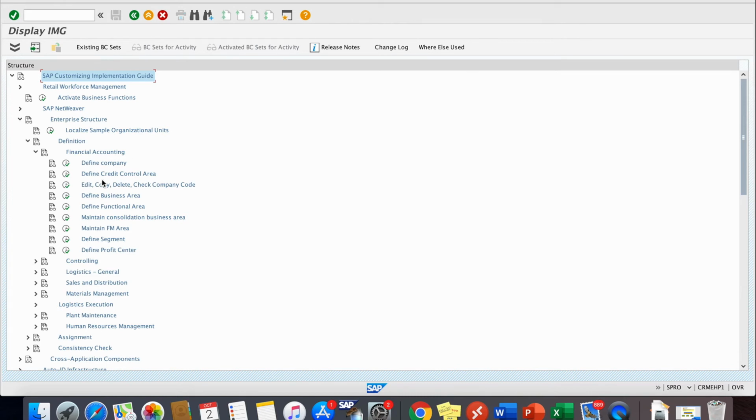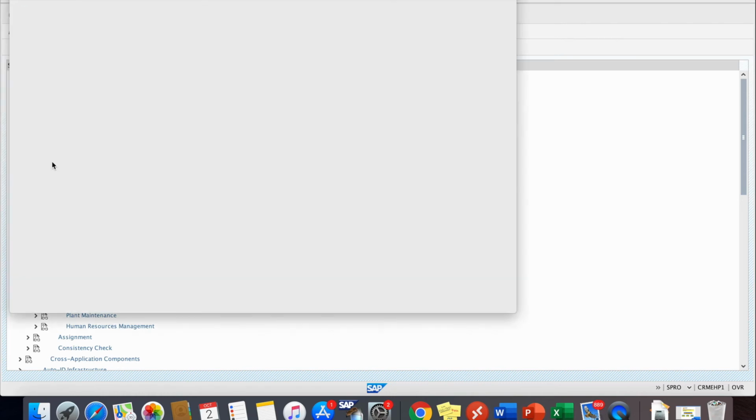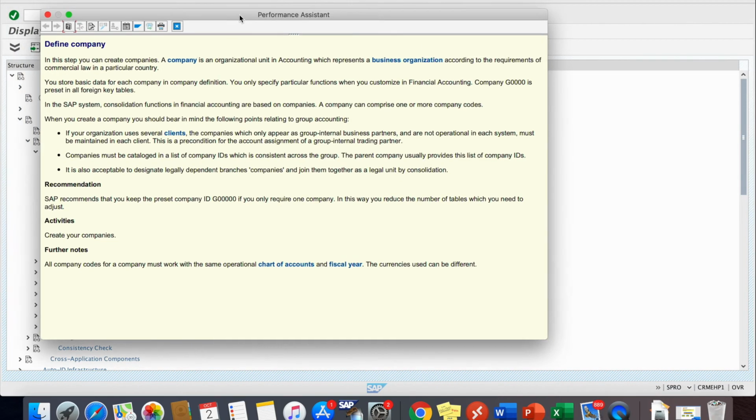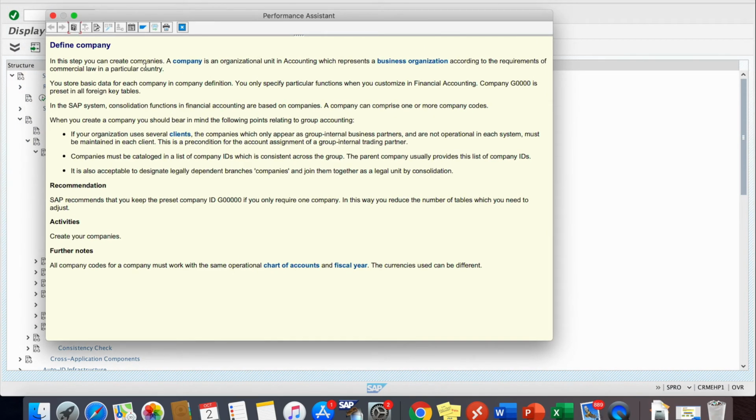Let me show you how documentation looks like. When I want to know something about define company, I click on the documentation button, and then system will open one document something like this. Once I am done with the reading of this documentation, I can close this.